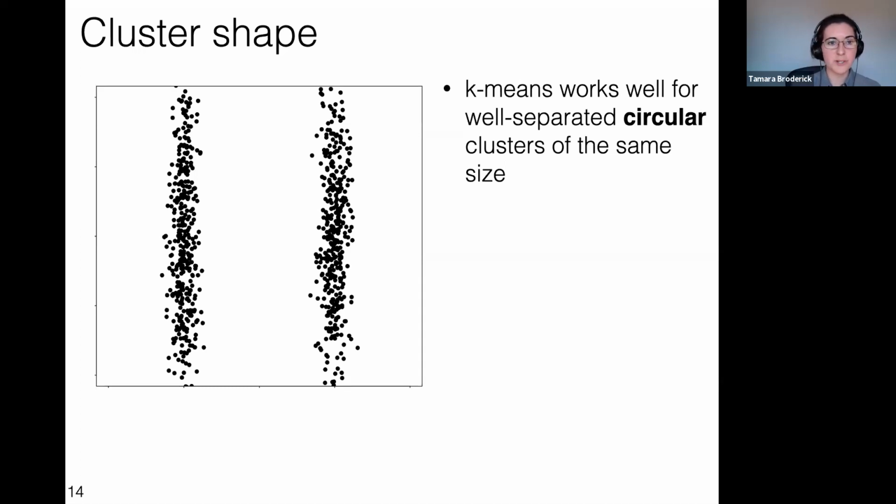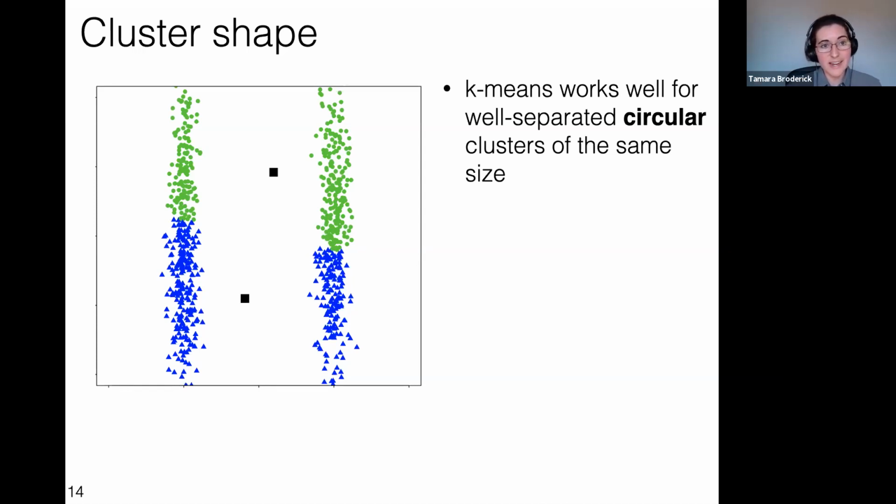Well, I'll tell you that this one is worth playing around with yourself because it really depends how stretched out the clusters are in the vertical direction, what you're going to get. But in this particular case, these are the means returned by k-means. Again, if I'm trying to optimize my food trucks, this is great. It turns out to be the best thing to do. But if I was trying to discover that these were two totally separated different species, I would not be